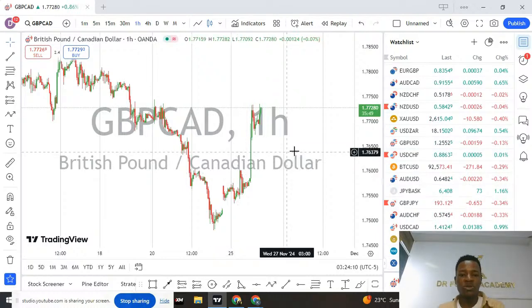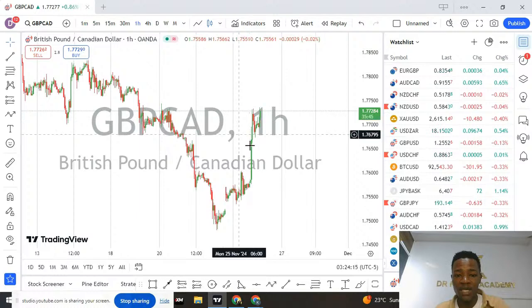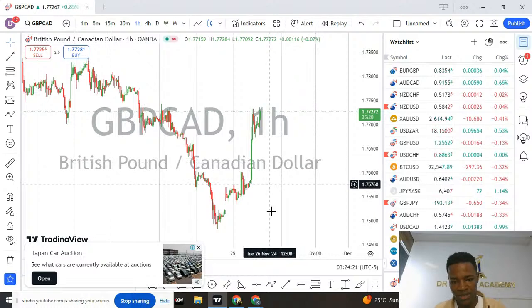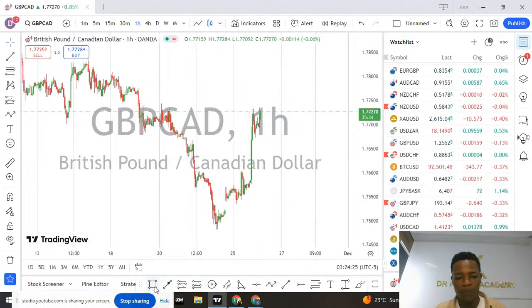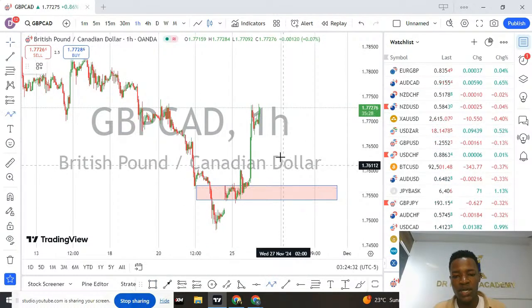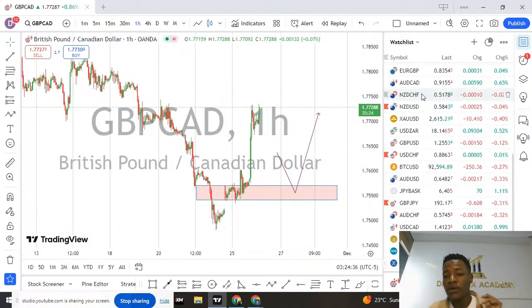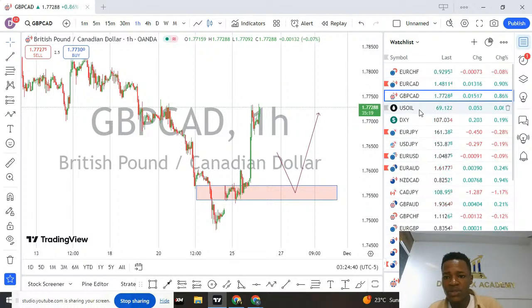Yes. So on GBP card, one thing I know, I'll be looking for reversal structures, but currently it is not giving me any reversal structure. So I'll be patient with it for a reversal, so that I can have a clear structure on it. But I see this market has a potential of coming back to these areas. So these are the only buying zones I have. Okay, so that is GPP card. Let's go to oil.